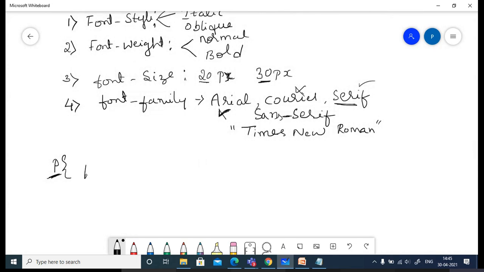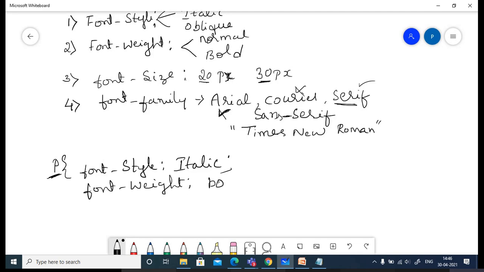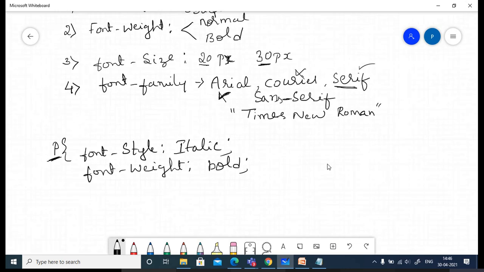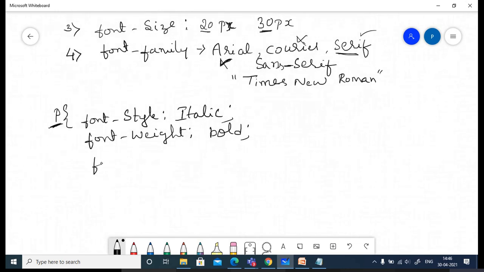So one is font style, specify italic. Then font weight, bold. Okay, each statement ends with a semicolon. Font size, here you need to specify in terms of a number, so 30 pixel.